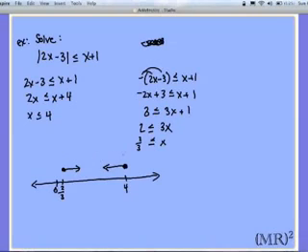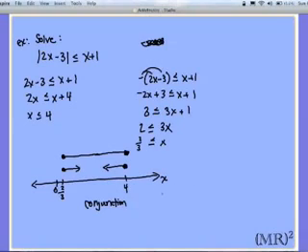And you see here now, I have a situation where I'm less than or equal to 4, and greater than or equal to 2/3. So I can really fuse these two arrows to create one line that has endpoints at 2/3 and 4. So this is an example of a conjunction